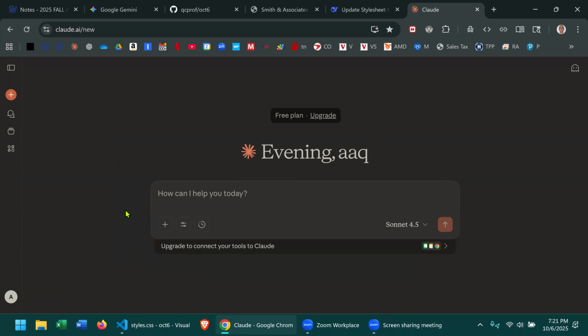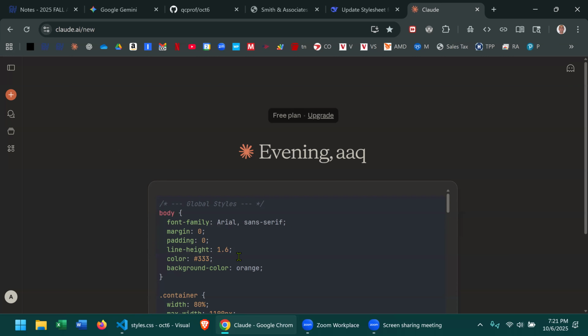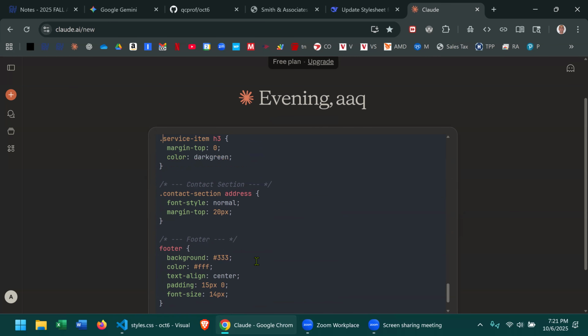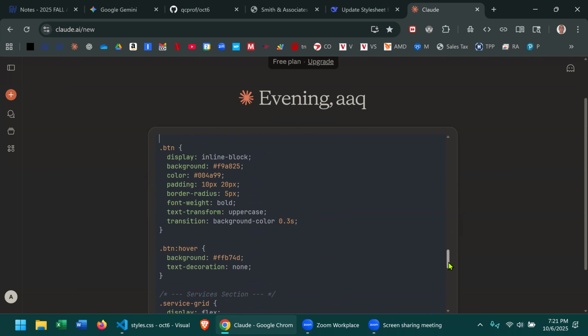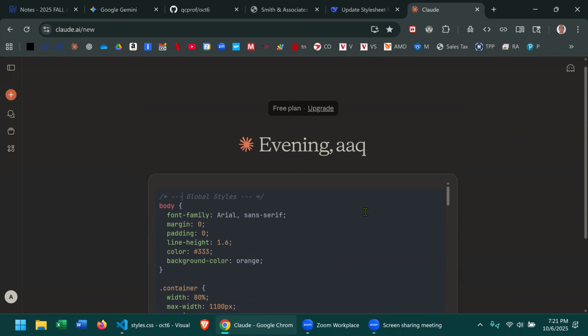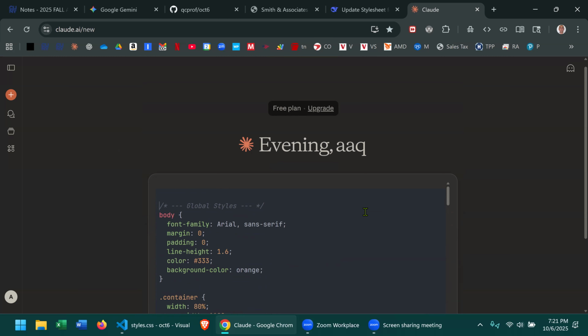So if you're on free or a $20 plan, Claude puts too many restrictions on you. So very brief occasional use, it's okay. It's excellent as an AI tool, but the pricing is something which makes it something that I don't use all the time. Let's put it that way. So I'm going to first just paste my style sheet, and then I'm going to give Claude instructions. So I can do it at the top. I can go up here and add instructions, and I'm going to tell Claude,